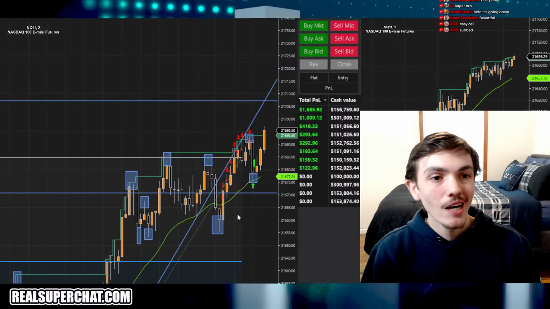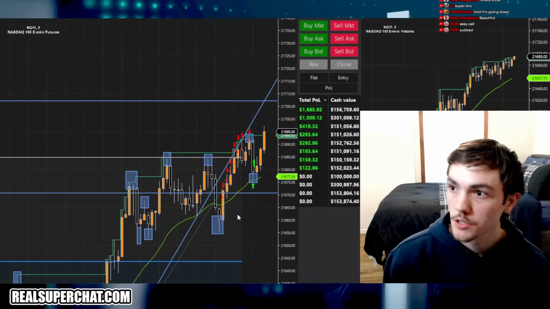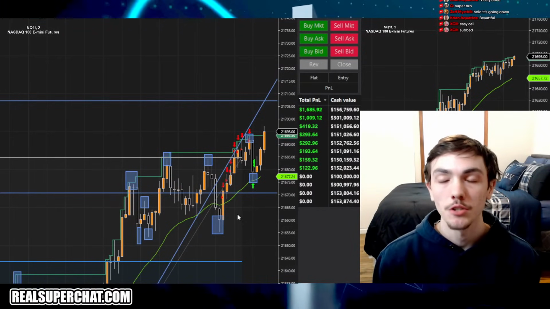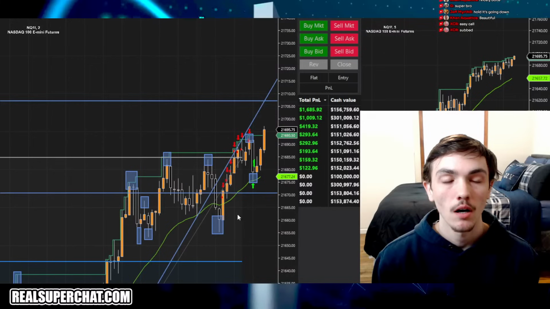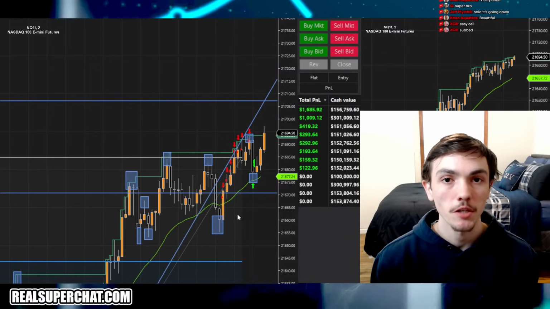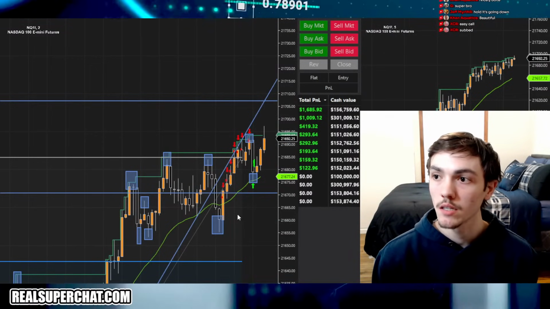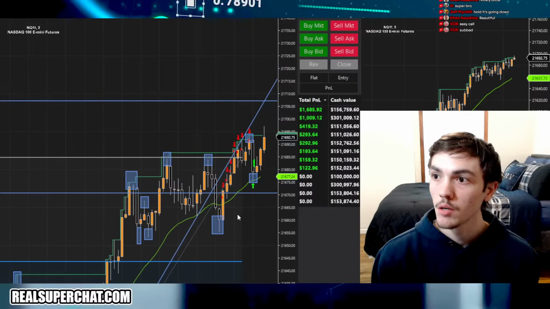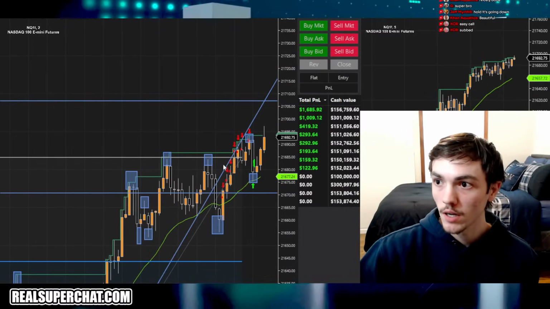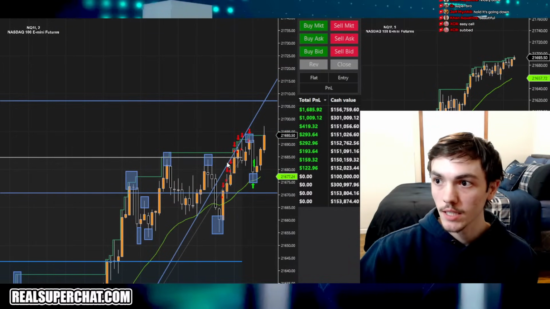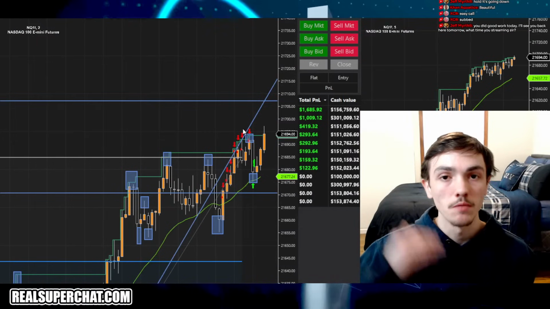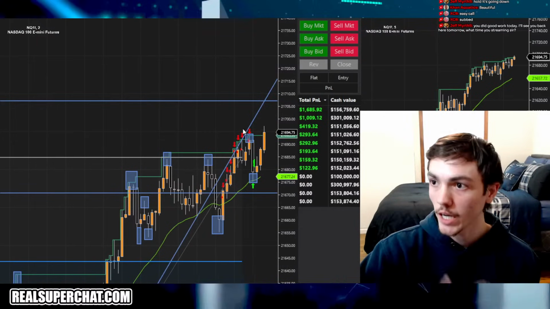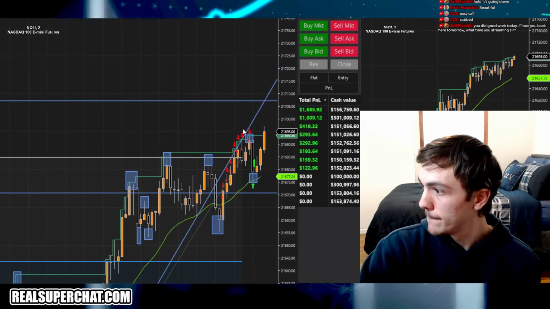ES climbing, and that is why I did not want to hold that trade, guys. You gotta trade your trade differently and change your conviction, change your bias as the price structure changes. We went in the trade thinking this NQ would create a lower high. It created a higher high. Conviction changes. You gotta adapt.